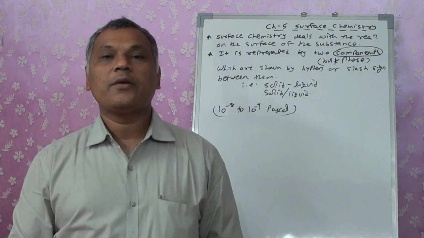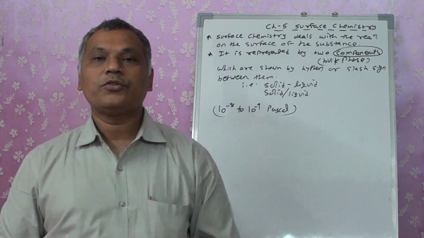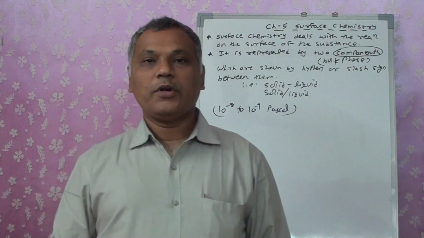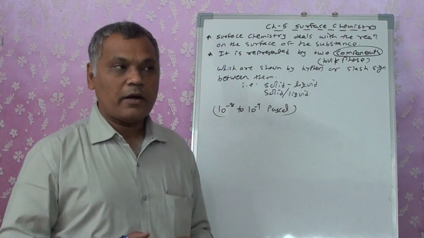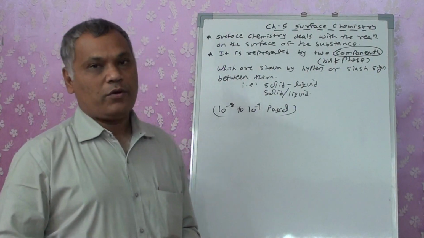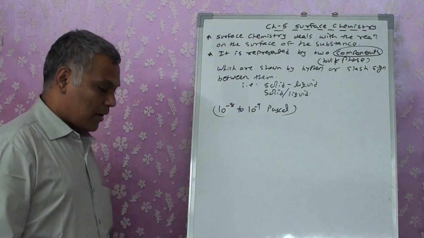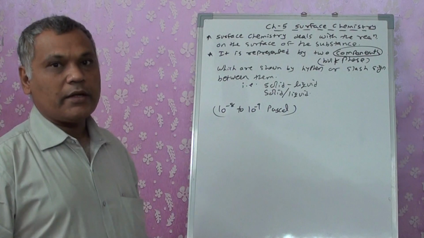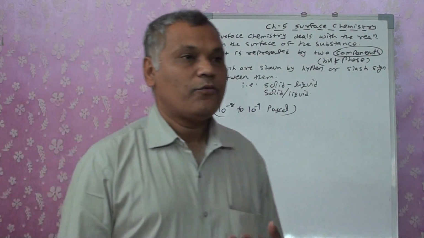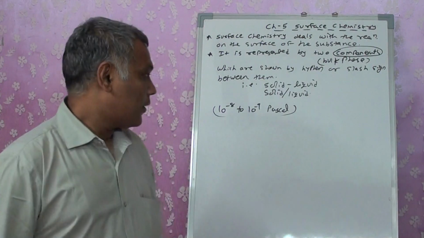If I put it open into the atmosphere, what will happen? Immediately those pores will be filled up by the oxygen or nitrogen from the atmosphere. So it is kept in a vacuum only, so that whatever kind of reactions we want to carry out can be done on it, right? So that can be used to clean the metal surface, right? Once we do it like this, we are producing a metal free from all the other things, and on the metal we can now carry out a different reaction.